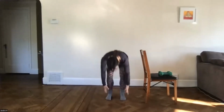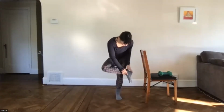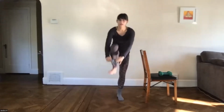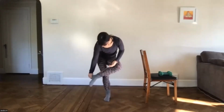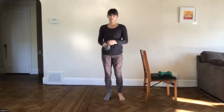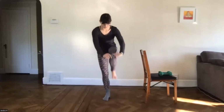Or would you bend forward? Notice what is the habit your body has to try and make that happen. And if it's safe, go ahead and do it, or do it on one foot at least, and see, okay, do I do the same thing on the right and the left? Do I use a wall? Do I have this urge to sit? Right, the way we habitually move our body sometimes tells us a lot about the tension lines in our body,